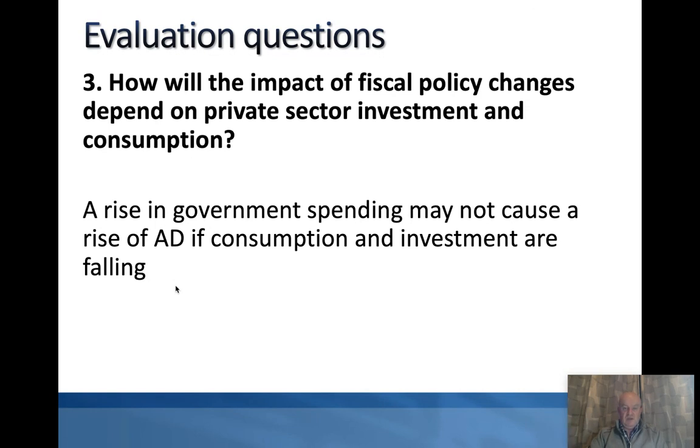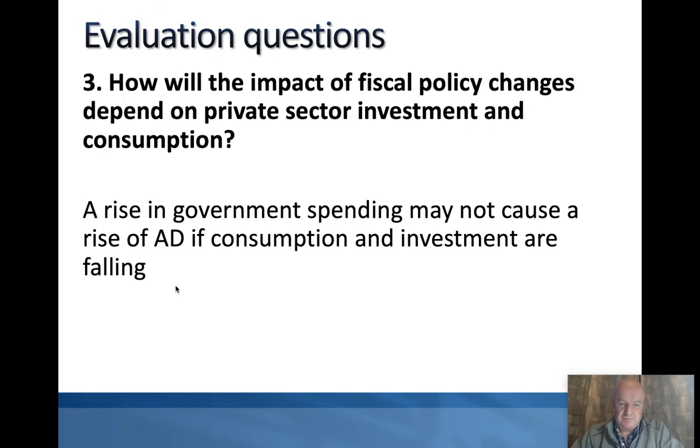So clearly, if we've got high levels of animal spirits, then we're likely to get high levels of investment and also consumption. But for whatever reason, if we've got a lack of stability, or a lack of confidence in where the economy is going to go next,